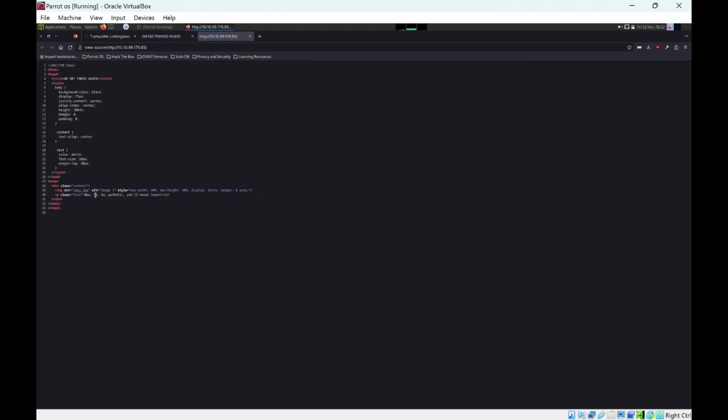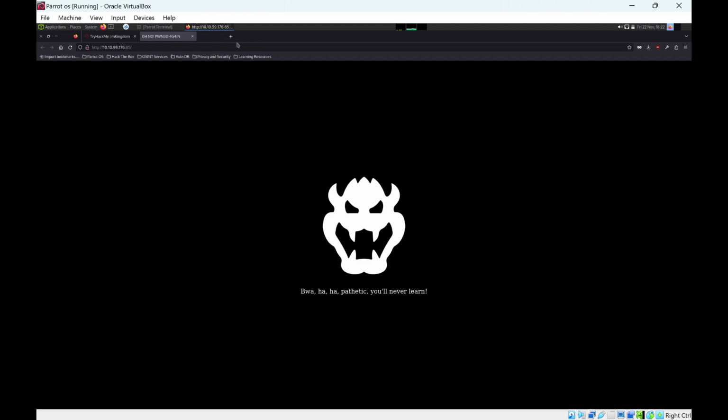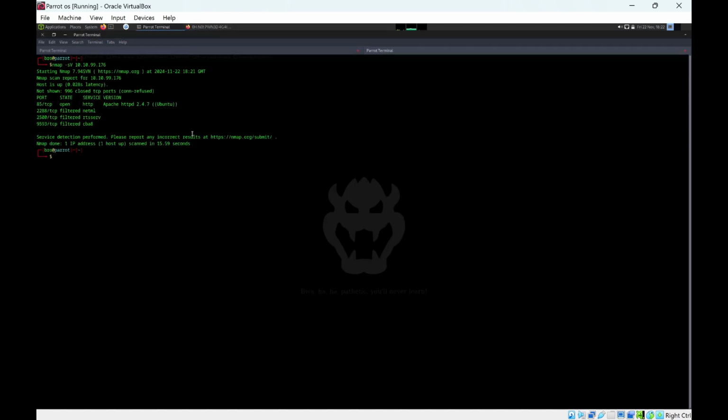It's just a web page with Bowser's face on it. I don't think they'd want us to do some steganography in this room. So let's go on GoBuster and enumerate this website. So let's type in